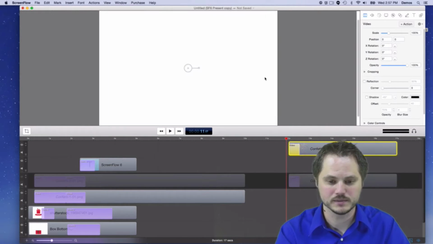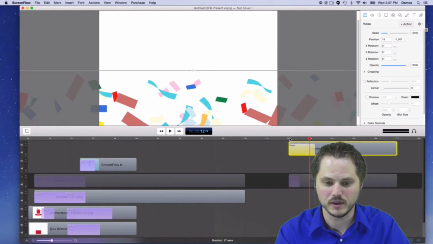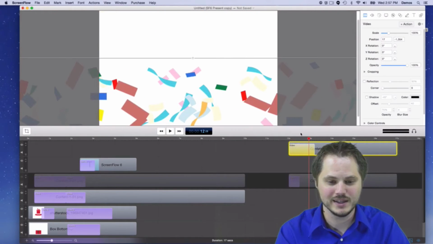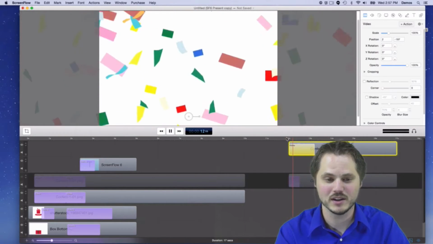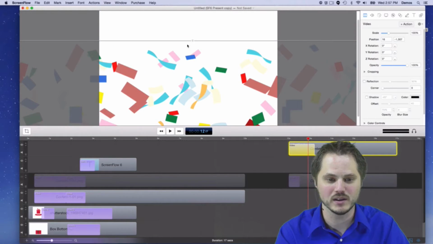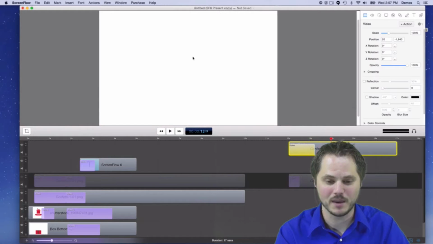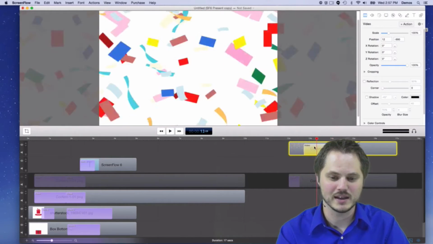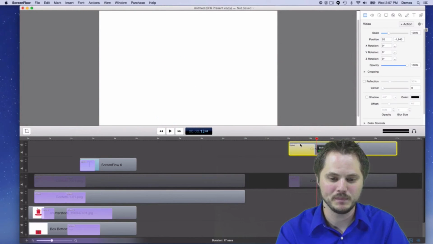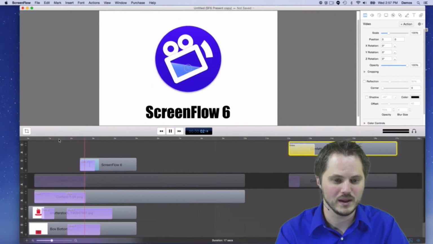How does that look? Well, let's see. Pretty fast. I'm going to slow that down a little bit, but it kind of looks like confetti falling because it's so close to the, and then you've got this cutoff, this weird line at the top that just ends. It's not too bad if you just had it raining by, but I was noticing that when it fell off